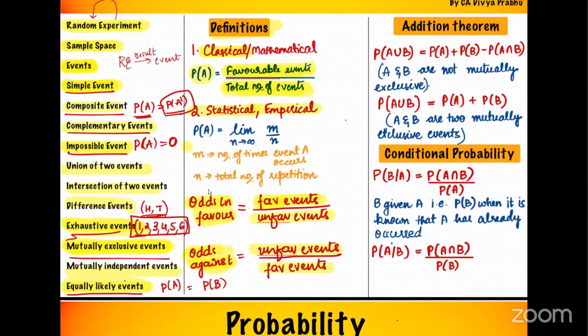Okay, let's proceed now. So addition theorems are there based on the set-based probability approach. Probability of A union B is equal to P of A plus P of B minus P of A intersection B. This you must be knowing because it's very, very